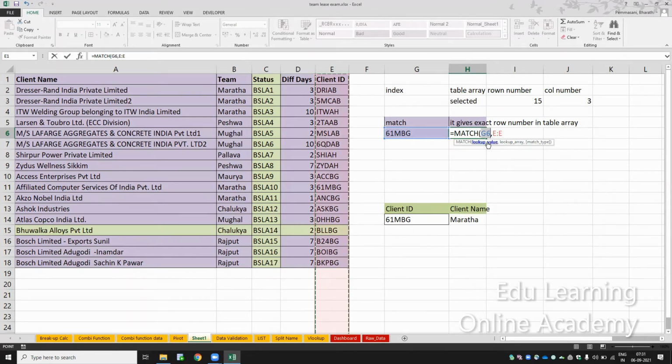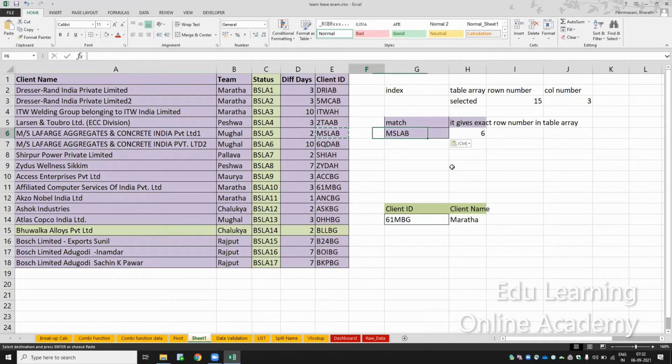The first one is the lookup value, and where I have to search is in this column. Comma, how should it match? Exact match, 0. So it is in the 11th row. Suppose if I select this one, it is in the 6th row; if I select this one, it is in the 3rd row.